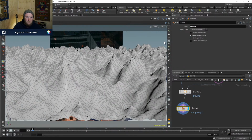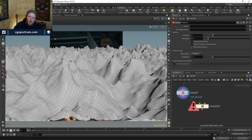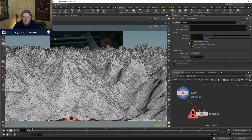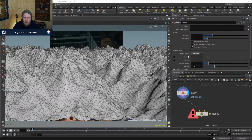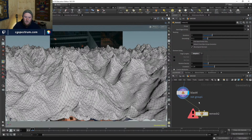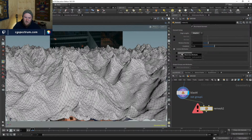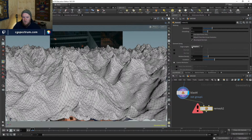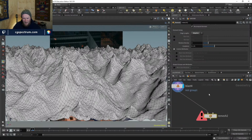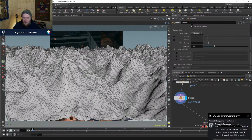So something like that. You can also, in a remesh, so that's going to be very heavy, but adaptive... I thought this had a setting on it that worked from camera, but I'm thinking of something else. Or you have to just create that. I mean, this has options to be adaptive, so you could create the adaptivity yourself from an attribute. I swear there's a tool that allows you to do that, but